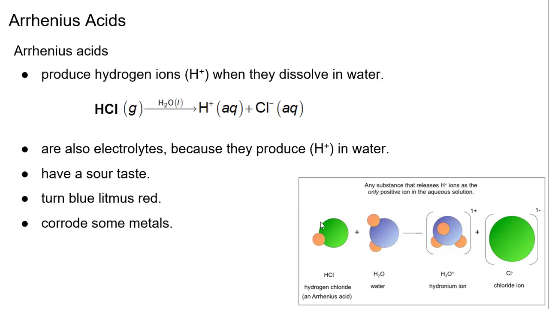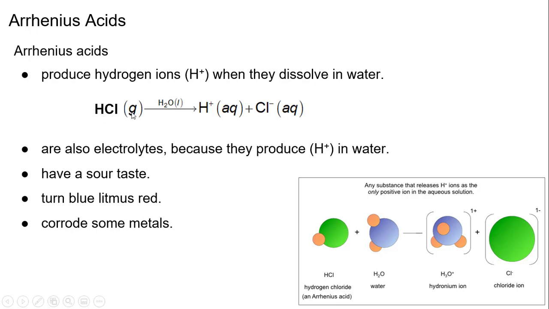So the first thing we're going to start out with are Arrhenius acids. There's different type of acids. This is the first one that we're covering. These Arrhenius acids produce hydrogen ions. You can also call them protons when they dissolve in water. So here's a simplified way of looking at it. We have